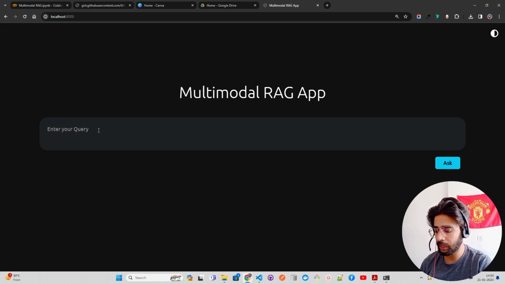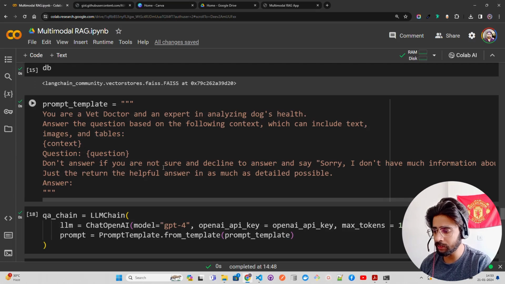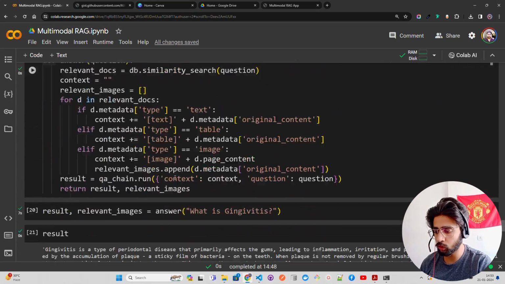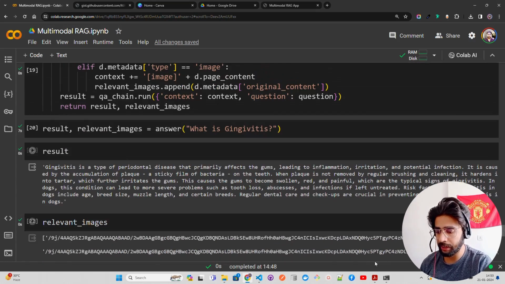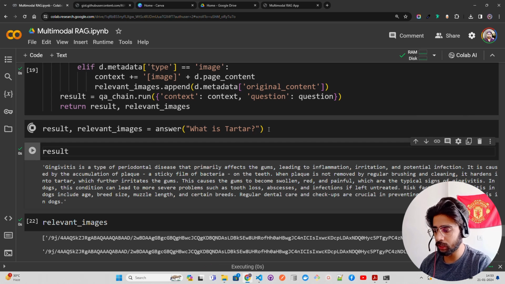You come here, ask the same question like what is gingivitis, and I will also ask another question where you don't have an image, you will get an error. What is gingivitis? Let's ask this. Now let's ask a question here also because we have this handy. Let me ask what question we can ask. Let me ask what is tartar and see if we get something like here. If you ask what is tartar,